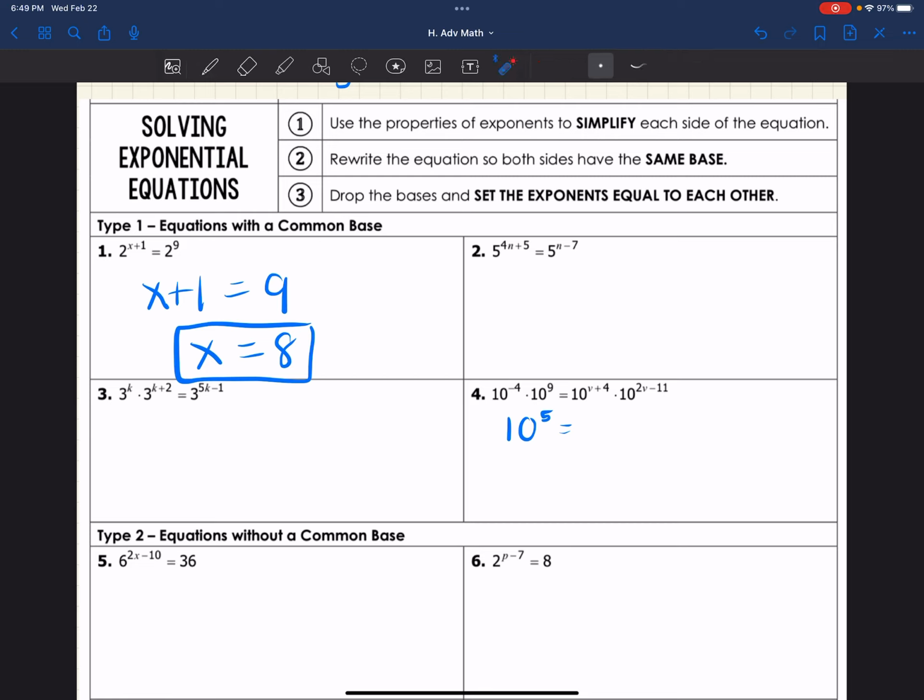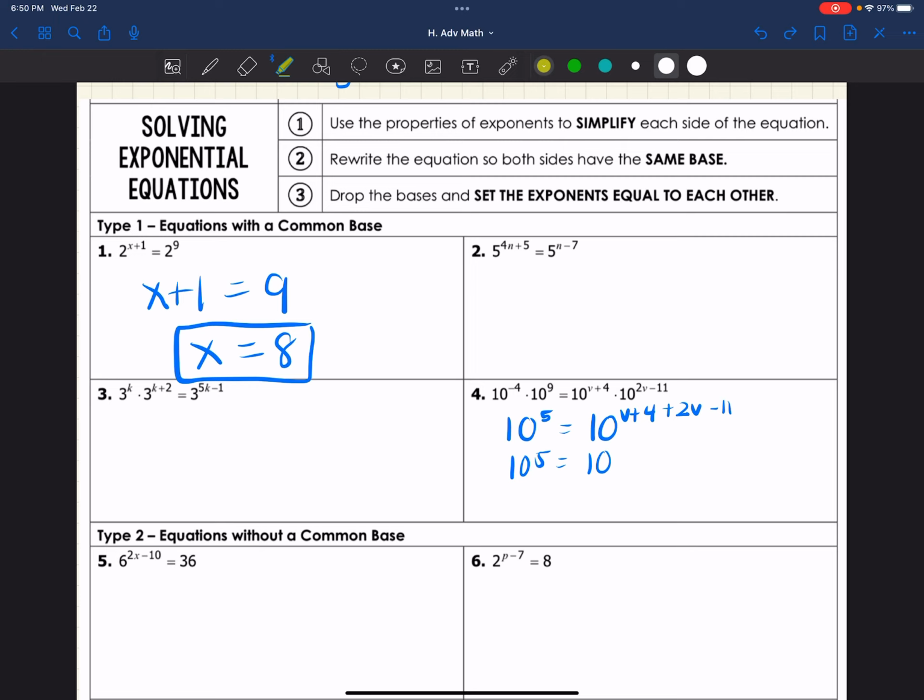Equal to, on the other side, we have 2 terms, same base being multiplied together. So we need to add our exponents. So this would be 10 to the power of, well, I have v plus 4 plus 2v minus 11. So this is essentially v plus 4 plus 2v minus 11. Why are we adding them? Because again, your exponent rules tell you 2 terms, same base being multiplied, you add the exponents. So what would this simplify down to? 10 to the 5th is equal to 10 to the,